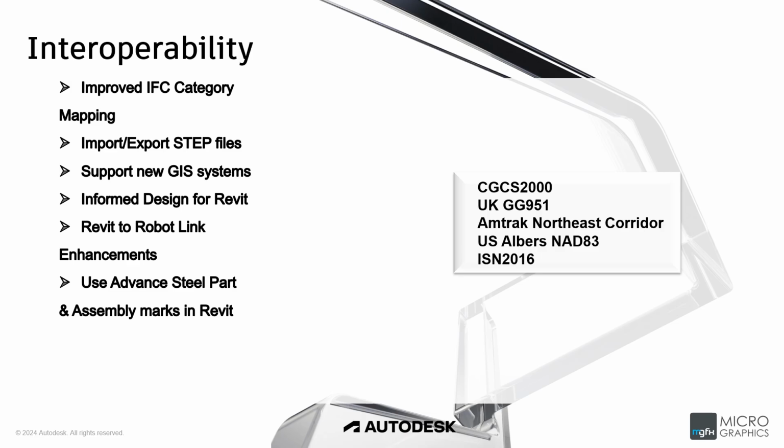Then we have the use of advanced steel parts and assembly marks in Revit. Revit 2025 introduces the capability to use Advanced Steel parts and assembly marks within Revit models. This feature enhances the interoperability between Revit and Advanced Steel, enabling users to maintain consistent part and assembly identification across both platforms. This integration supports better collaboration between structural designers and fabricators, ensuring that detailed steel fabrication information is accurately